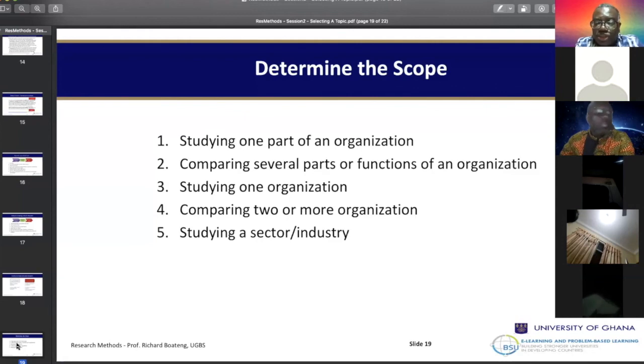So there's opportunity to do different studies, but you examine the time that you have for your EMBA or MBA program so that you can be careful, you don't attempt to do a PhD. Some students are very ambitious, they want to solve all the problems. I tell them that, do you want to finish or you want to stay around? If you want to finish, I advise you to choose what is measurable within the given time and finish. You can come back and do a PhD and solve all the problems in Ghana.